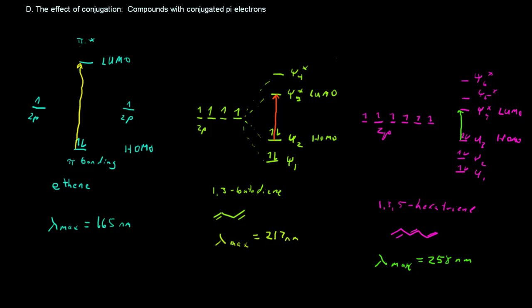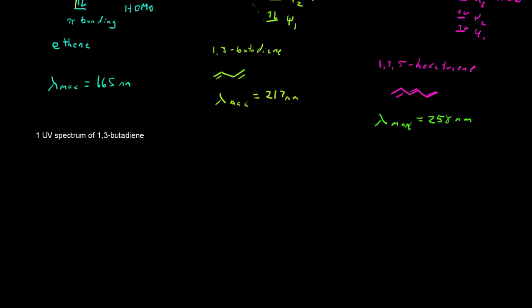So let's take a look now at the UV spectrum of 1,3-butadiene. So again, we have a plot of absorbance versus wavelength. I should mention that absorbance is defined by Beer's law, where the absorbance is the amount of light absorbed by the compound in solution. I'll also mention briefly that the solvents that are used for ultraviolet spectroscopy to dissolve these compounds can and do affect lambda max, the position of these absorptions. So absorbance is equal to epsilon times b times c, Beer's law,